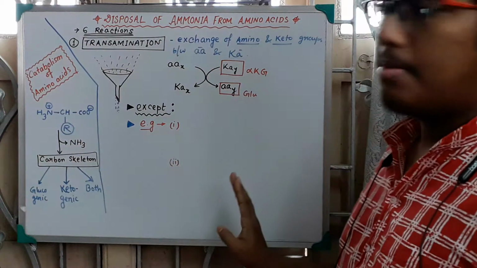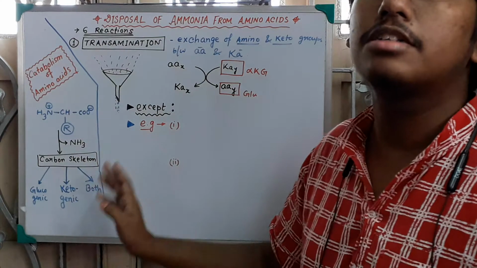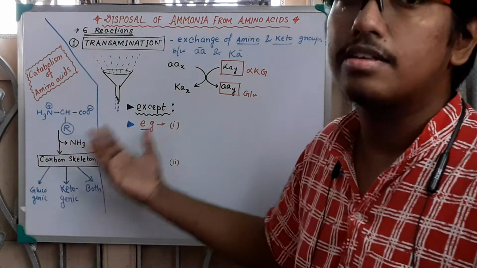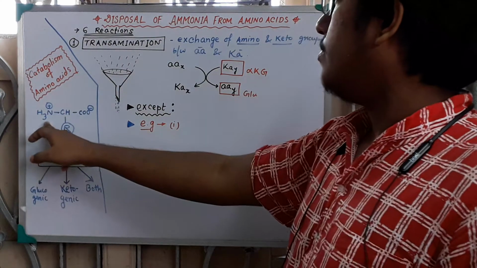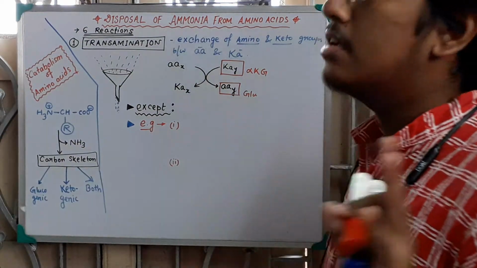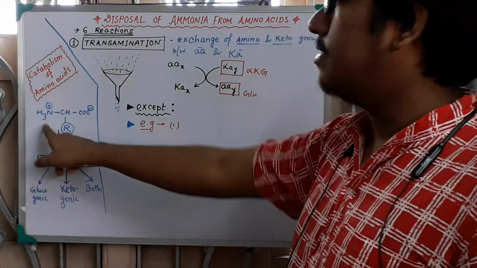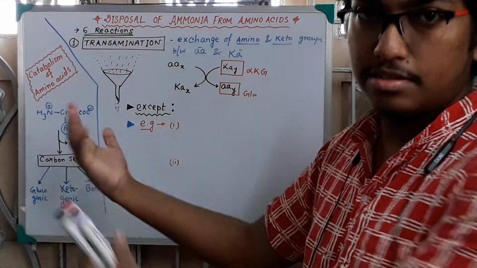This is the structure of amino acids. It's the zwitterionic form where the negative and positive charges are both present, so it is as usual neutral, at the isoelectric pH or isoelectric point. This is the amino acid, and this is the R group, the side chain.